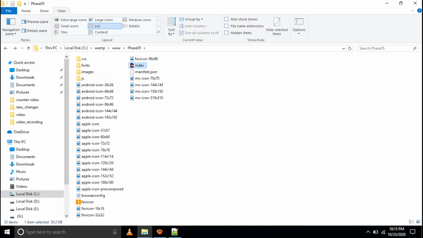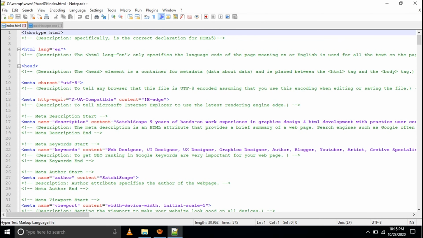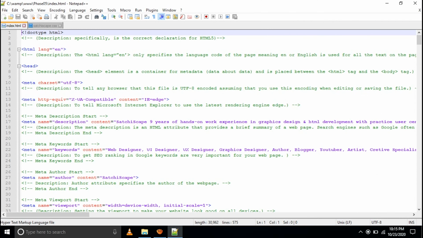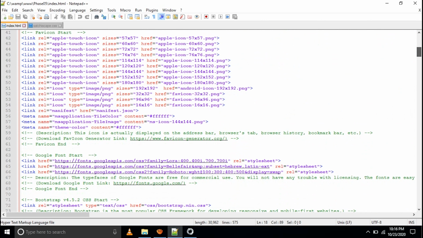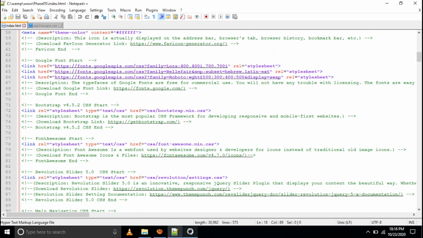You have to open this index file in your convenient application. I'm using Edit with Notepad++. You can use Adobe Dreamweaver or any HTML editor. Okay guys, you have to run your file in Firefox or Chrome. Whatever file you have, you can open, and in between you can also see the code is there. Everything is there from my previous code in phase 1 to 4. In the down you can see I have added the new code for FancyBox.